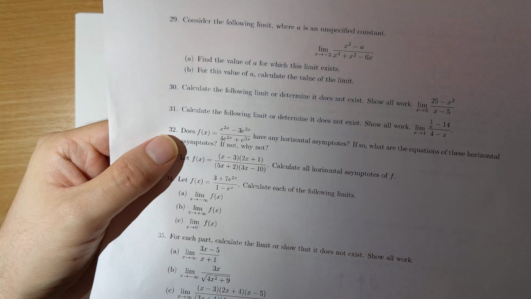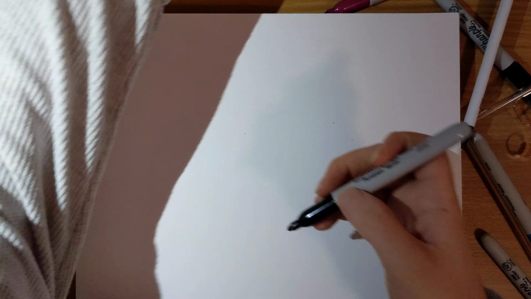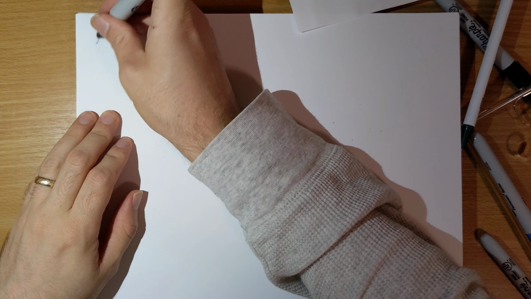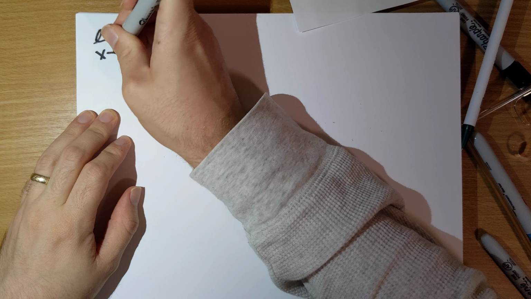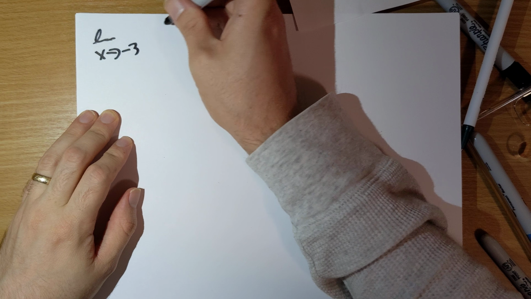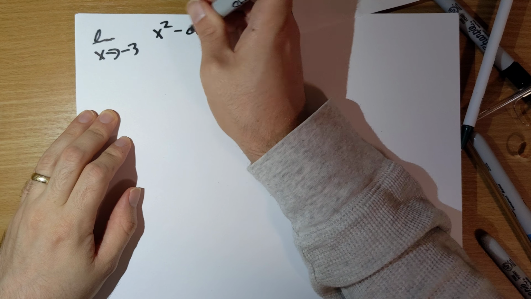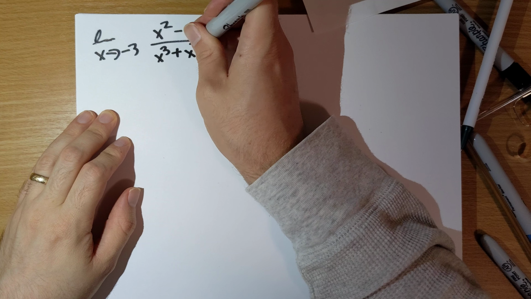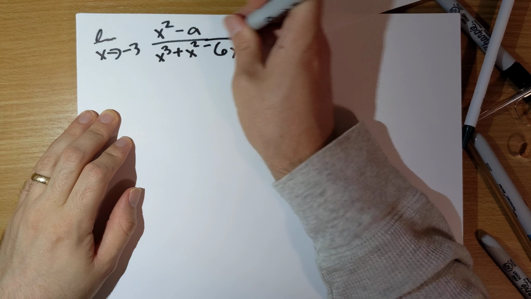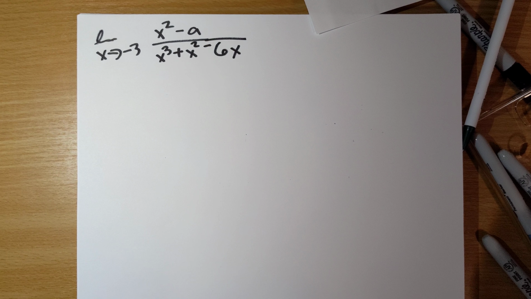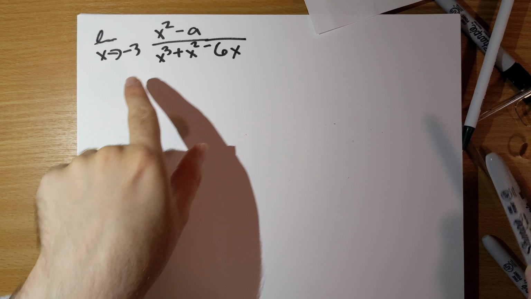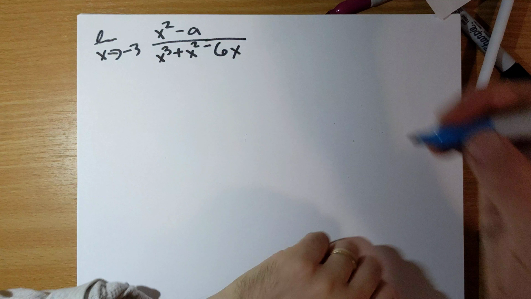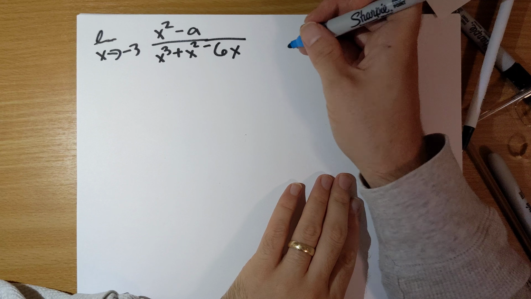Problem 29, consider this limit where a is an unspecified constant. So we have the limit as x goes to -3 of x squared minus a over x cubed plus x squared minus 6x. The first thing to realize here is that when we plug in x equal to -3 into the denominator,